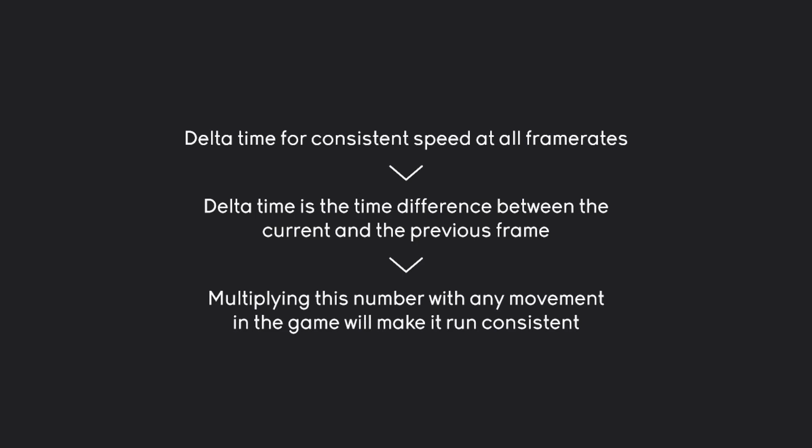And that will make the game run smooth at literally any frame rate. It sounds a bit like voodoo magic, but it works really well. And let's do some math to illustrate what's happening. Let's say we have a game that runs at 60 frames per second. And from that, we get a delta time of 1/60, or